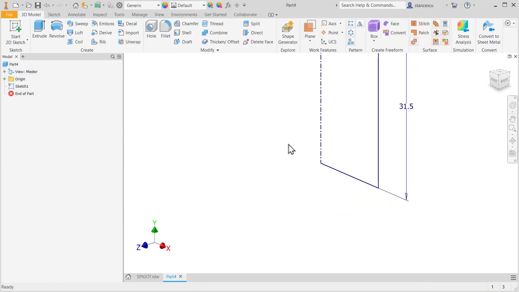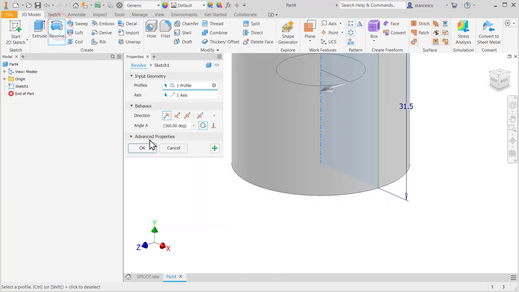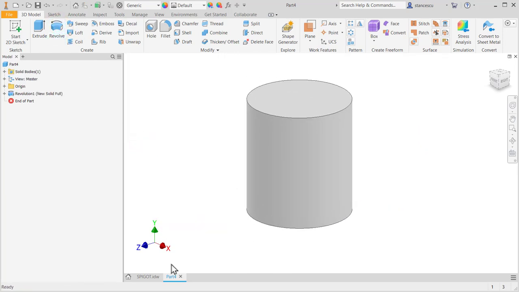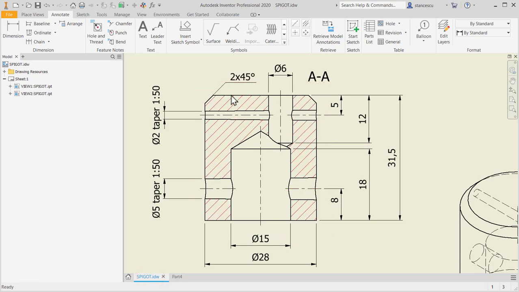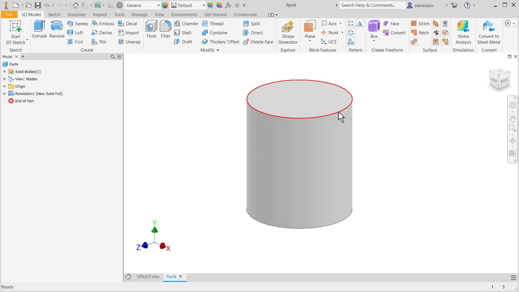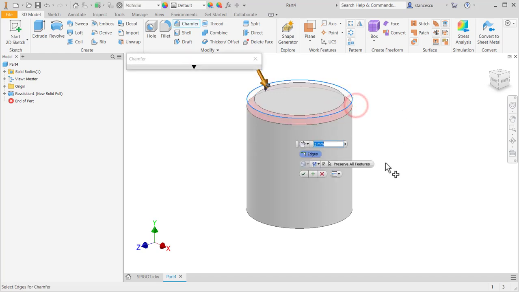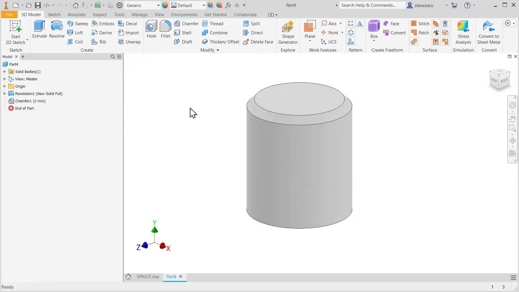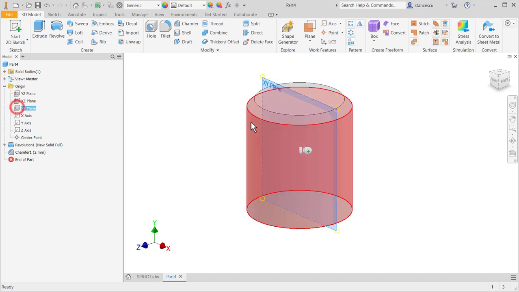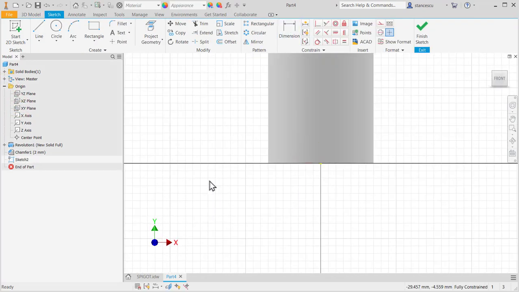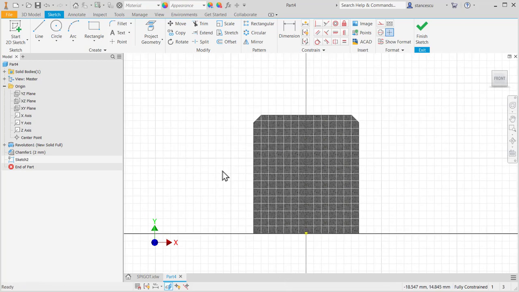Finish sketch, revolve, okay. Here is a chamfer, the default chamfer of 2 millimeters, okay. And now we start a new sketch, F7, to see inside. We project the generators because we need them,